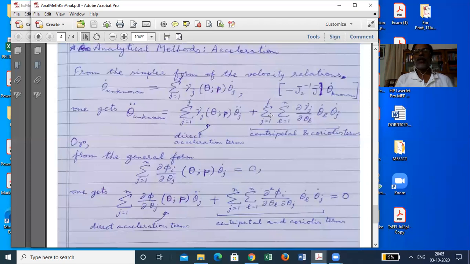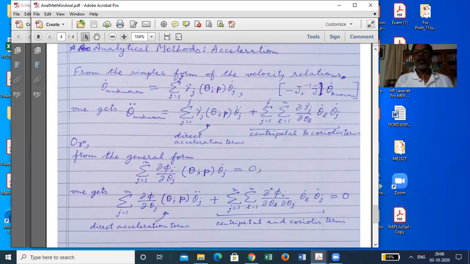Okay. Either you do it this way, or from the general form, this velocity relationship, you directly differentiate all of them together, known and unknown together. Okay. So it will be this thing into theta j double dot summed up, this sigma, plus, now keep this constant and differentiate this. So you will get del 2 phi i by del theta L del theta j, that is this, the second derivative matrix, cross derivatives get involved here, into theta L dot times this, okay, like this.